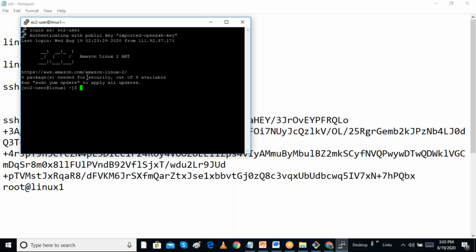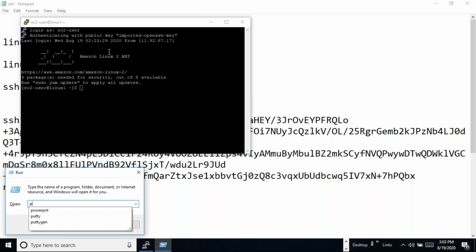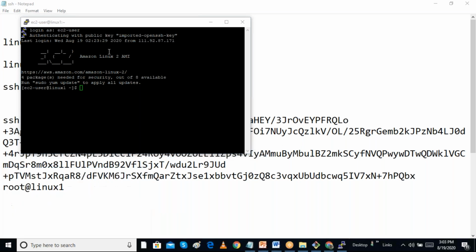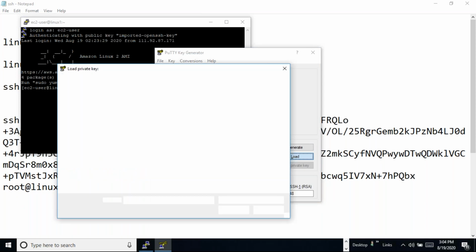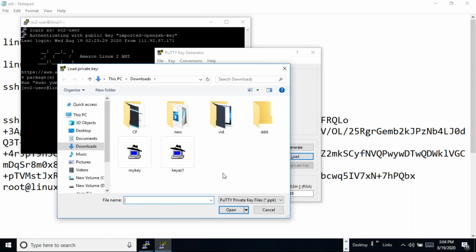Sometimes in the cloud when we are creating a Linux server, we do not have the key in the correct format. So what we have to do is use the PuTTYgen command to load the key first. If I am creating a server in AWS, I will get a key in a different format.